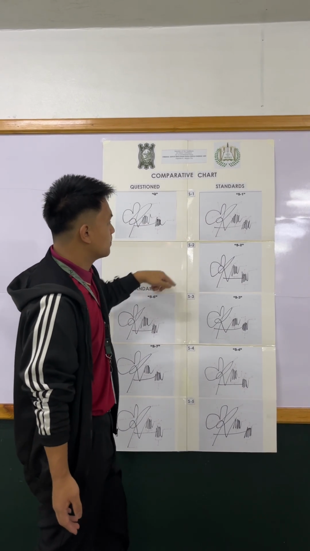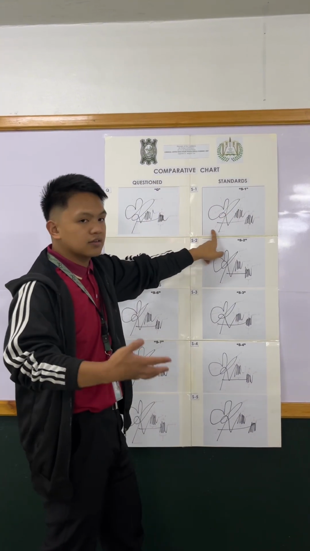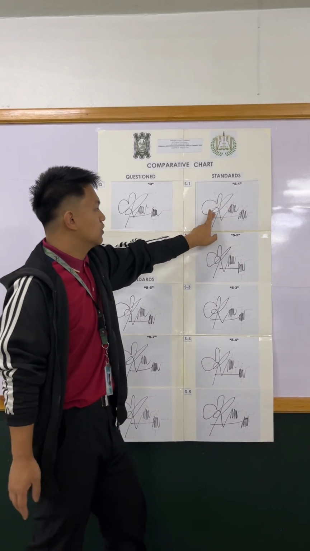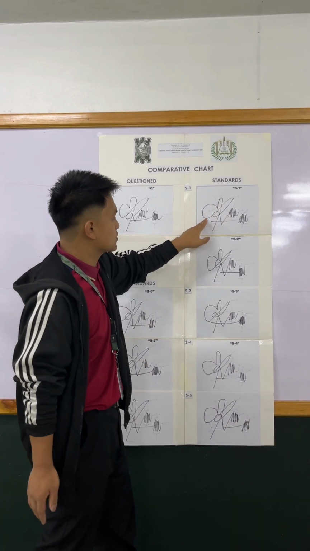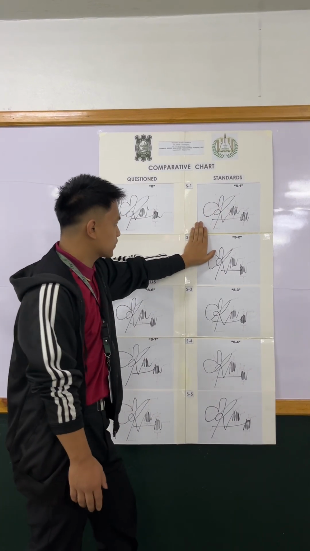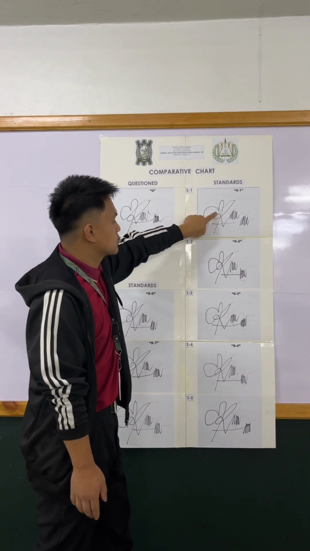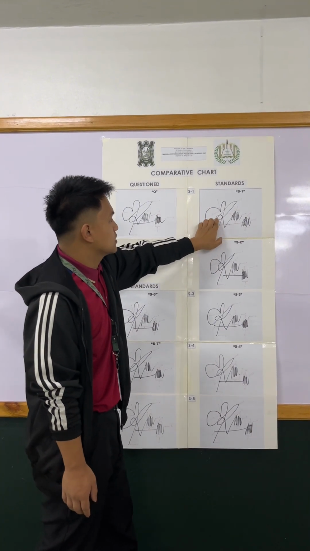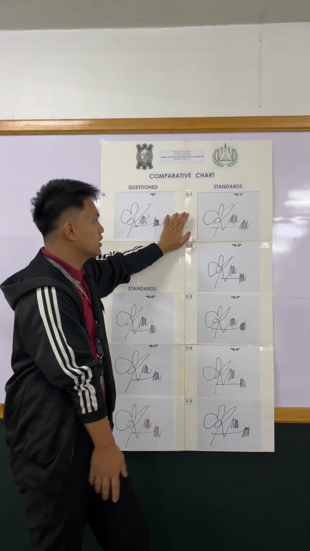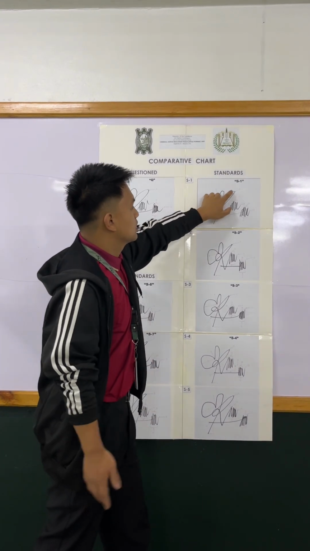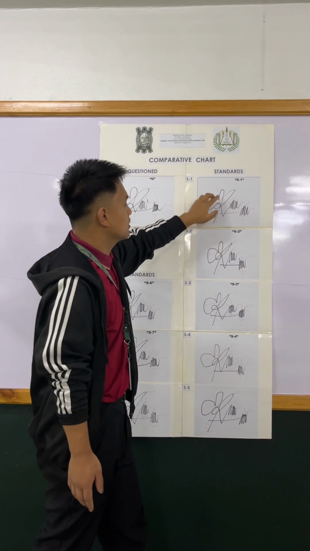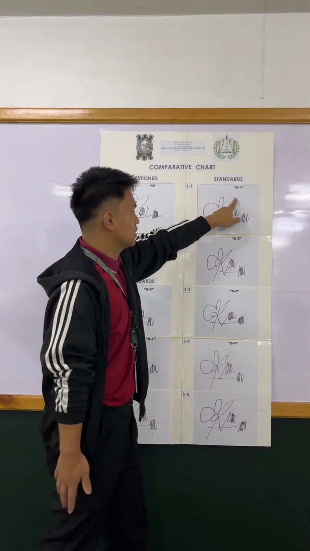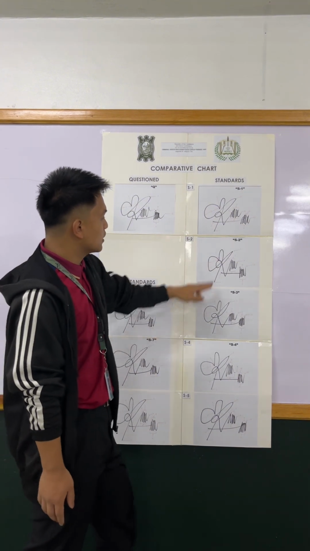So next is the back part of the letter R, the rounded part of the back part of the letter R. So it forms a semicircle. If you observe, it is observed in these tables. Next is the V formation of the letter R in this part. So it settles far top from the back of the letter. Next, the shoulder of the R, which forms a wide circular formation. So here you can see the shoulder. It is rounded but wide. So rounded wide formation. And next is the pen lift.